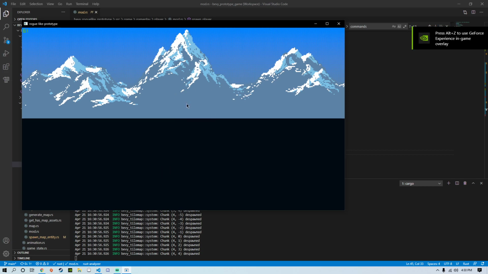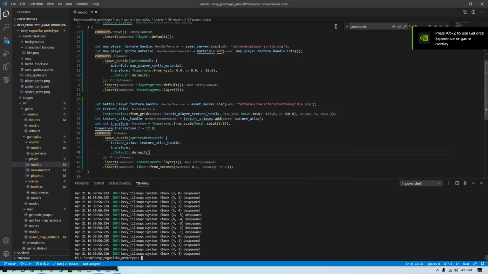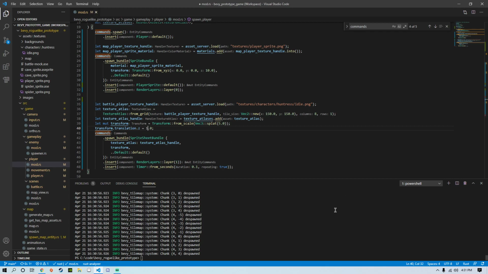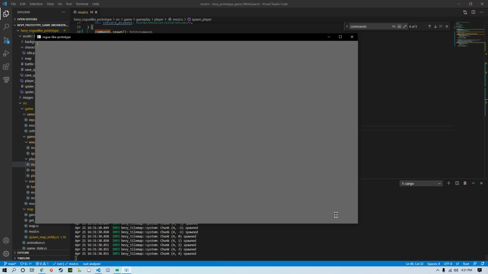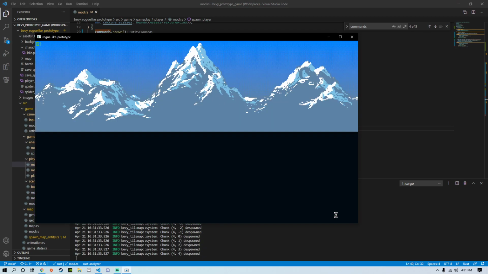It's not showing up here. Translation, Z-axis 12. 12 is way higher than what should be necessary to render it. Really this should work if we set it to 1 or even 2, because the background image is on 0. Yeah, but yet we still don't see it. Alright, so